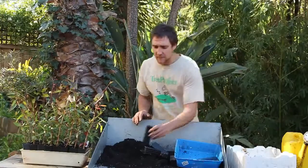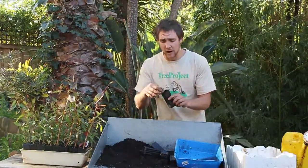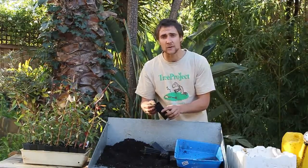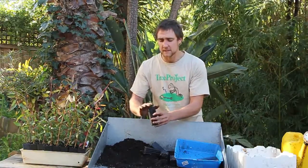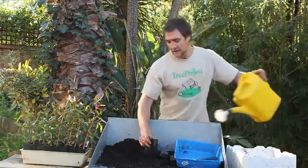Double check them, because some of them, once you tap them down and you've watered them in, the soil might have dropped quite a lot and a little bit of white might be exposed, and that's the root. You don't want any of the root exposed at this stage. So what you want to do is make sure that that's all nice and covered, keeping this seedling in the center, and then water it in again,